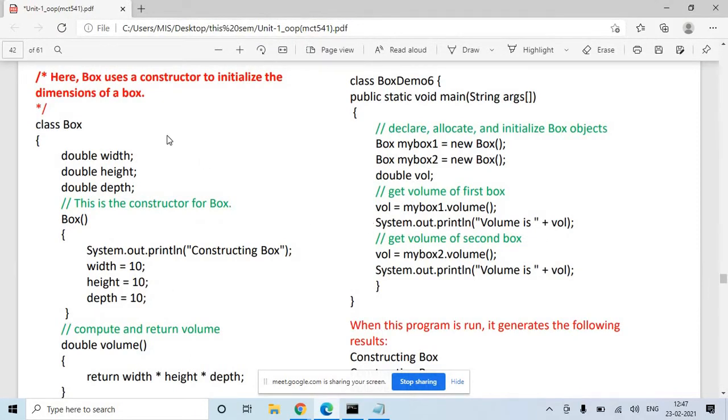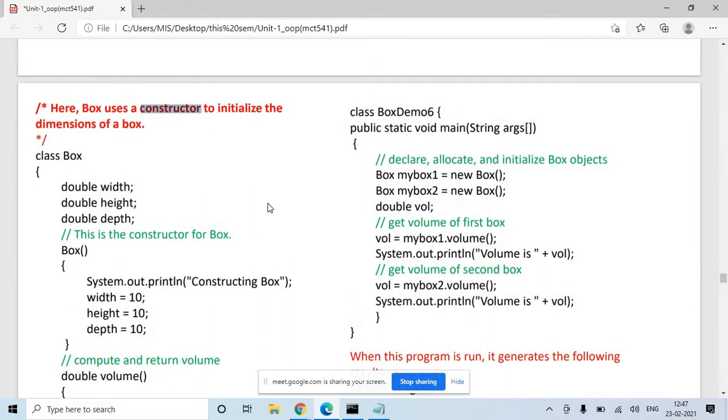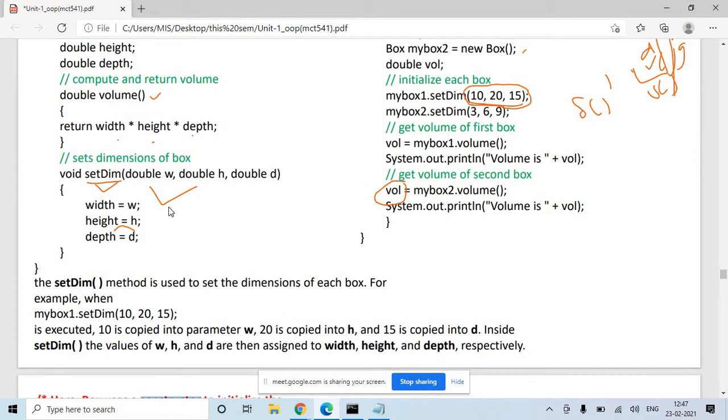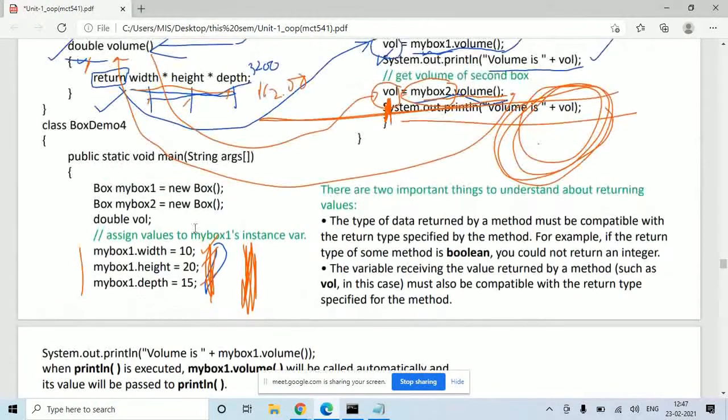Okay, now the next topic is a constructor. In the earlier program here we initialized like this, width 10, 20, 15.